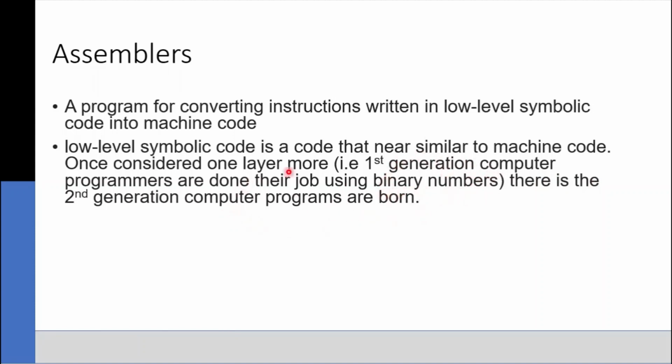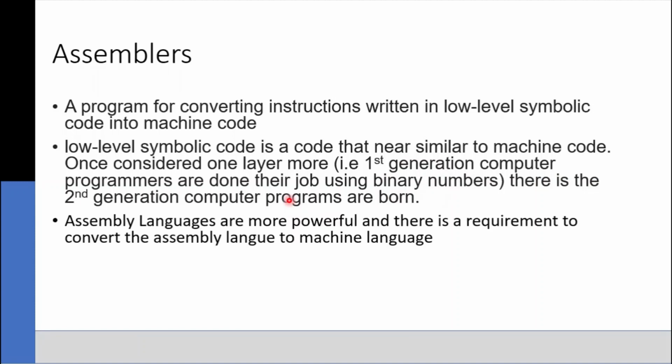Then second generation computer programmers started. At that time, assembly languages, a set of new languages, came. Now currently, you know the programming languages like Java, Python, Ruby, C sharp, right? In the same way, these are the assembly languages. These assembly languages are more powerful, and they are required to convert